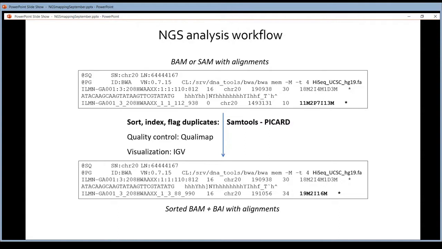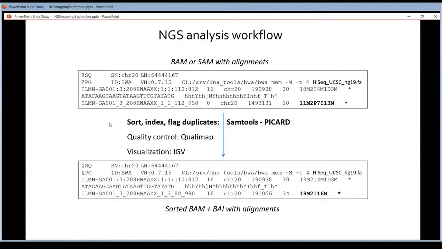Now, for the downstream tools, it's much more convenient to put the reads in the order that they appear on the genome. So first the reads that map to chromosome 1, then the reads that map to chromosome 2, and so on. You can easily see that for visualization, this will be much easier for the tool than in a random order. And the same thing is true for the counting. So that's what sorting will do.